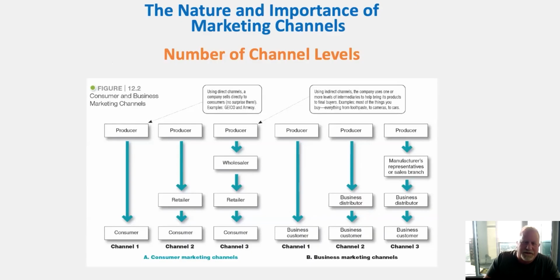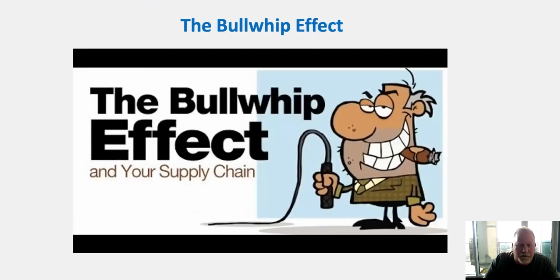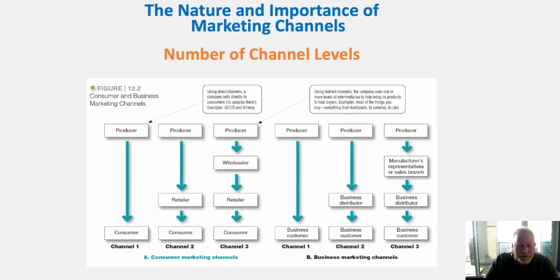So let me give you some examples. There are lots of different variants of channels of distribution. There are a number of levels of what we call channels of distribution. The most simple one is where we have, and we're going to talk about B2B versus B2C, over on this side of the picture here, what we call the consumer markets. These are where an end consumer is shopping and utilizing our product, okay? So that's a consumer market.